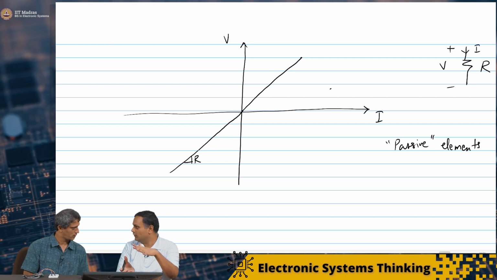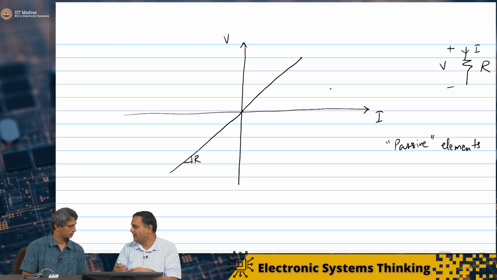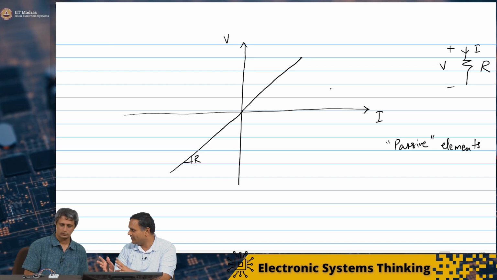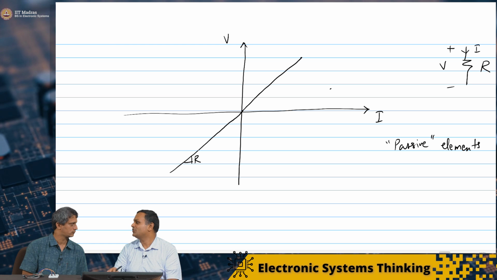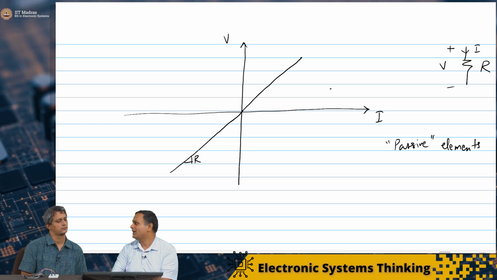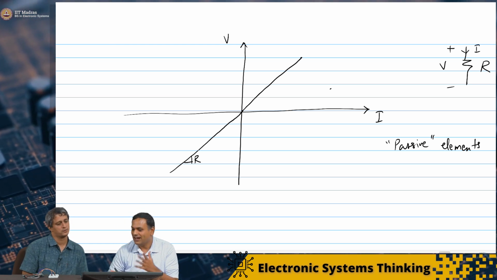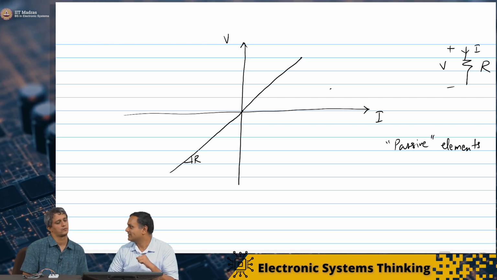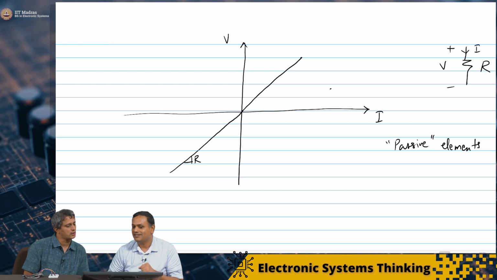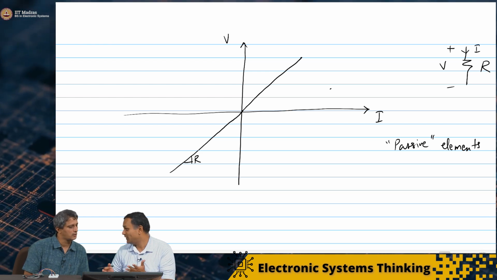So you apply 2 volts, you will get current in one direction, it will convert that to heat. You change the direction of the voltage, the current automatically will change, you will still dissipate power. So in fact now, based on this characteristic, we can make an educated guess. The educated guess that I am going to make, and which happens to be true,